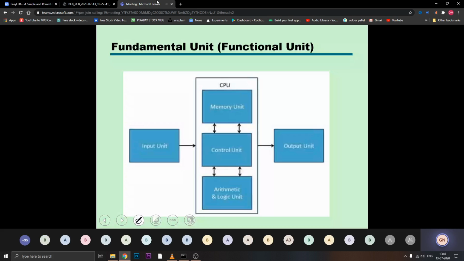Okay, so it is made up of three components, which are called input devices, output devices, and the central processing unit. These are the three major components you will see in many computers. Remember that these are the three important factors without which the computer can be said to be incomplete, because it should have a particular input to process something.